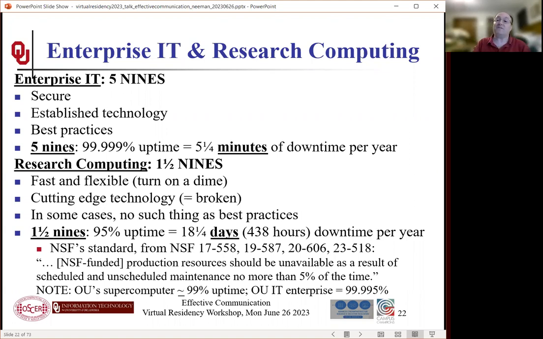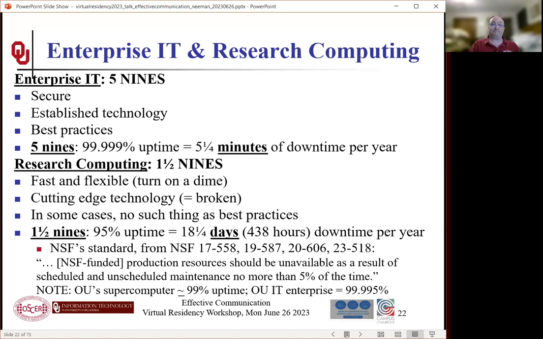Compared to 5.25 minutes of downtime per year, right? And I'm not making this up. You can go look at NSF solicitation 23-518 today. This is an active solicitation, right? Or maybe it just closed, I can't remember. And it says, NSF-funded production resources should be unavailable as a result of scheduled and unscheduled maintenance no more than